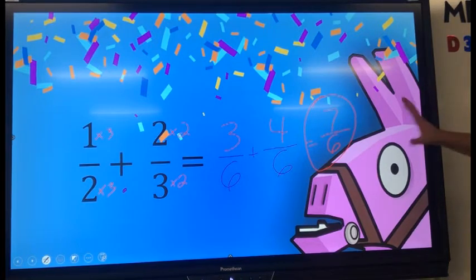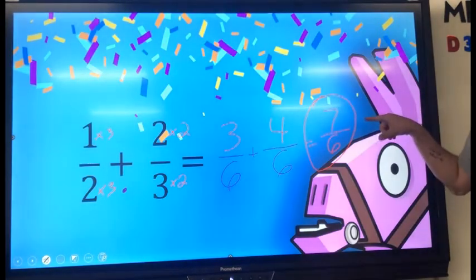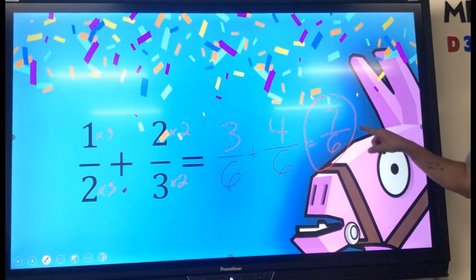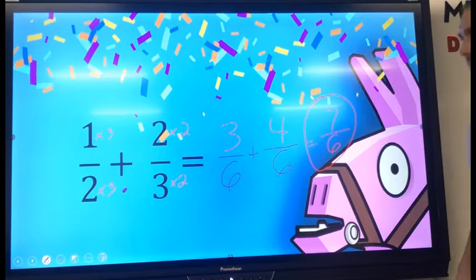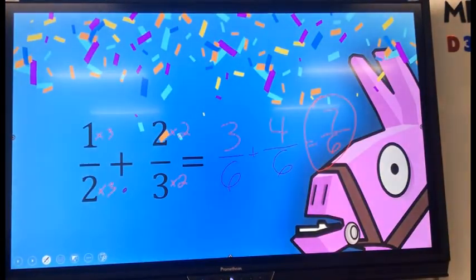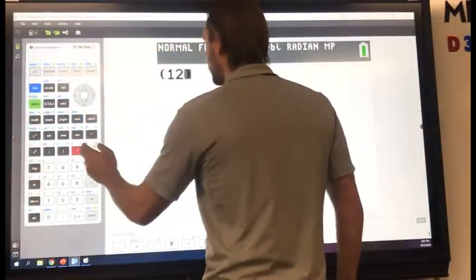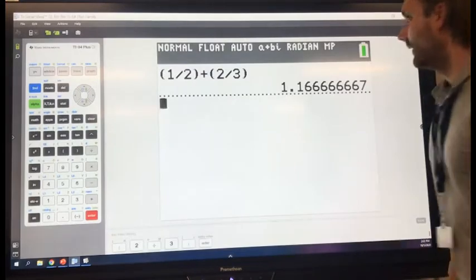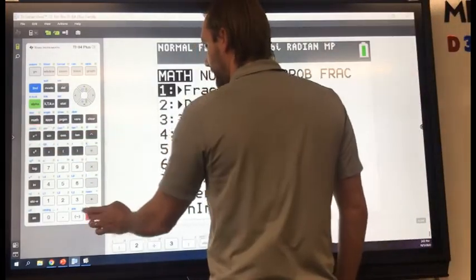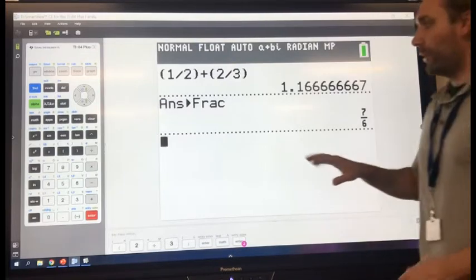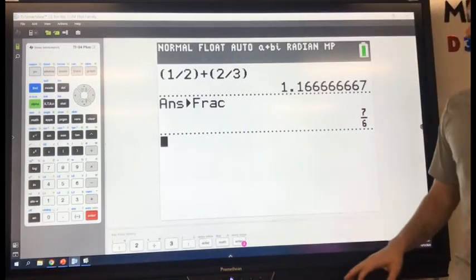So note, we're not done here. Our final step needs to be to simplify this fraction. Does this fraction simplify? No, you can't bring it down any more. So we're done. Like I mentioned earlier, you can use your calculator to help you simplify. So this was 1/2 plus 2/3. Let me turn that into a fraction. So math, fraction, enter. 7/6. The calculator will give you the most simplified version of the fraction. So it is simplified. Now, because that's all middle school, we're about to introduce some variables